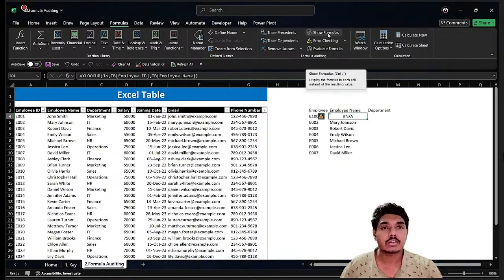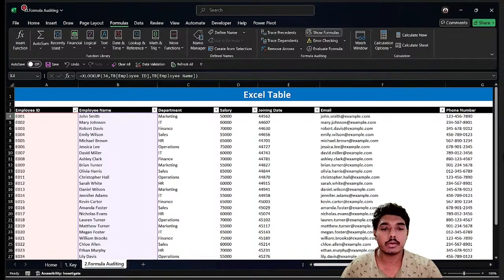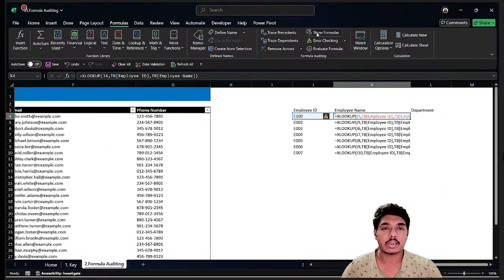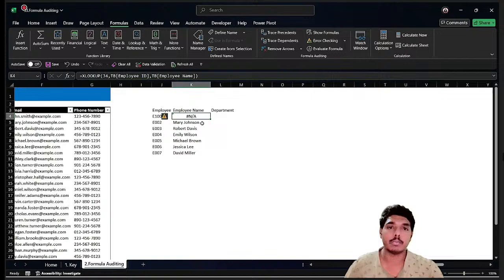Okay, and there is something called Show Formulas also. What Show Formulas will do is show all the formulas in all the cells. So if I switch this off, my cells will be normal again. Now, when I'm facing such errors, what I'll need to do is go and evaluate the